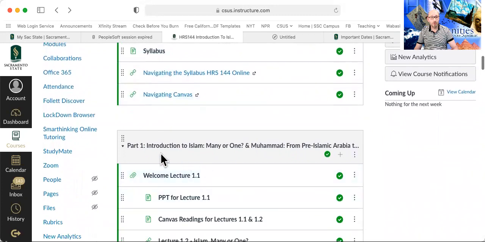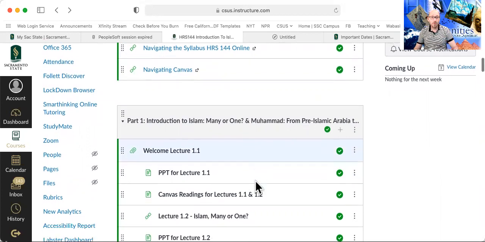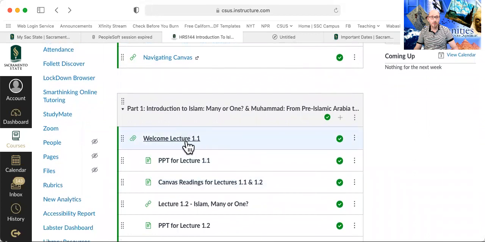Then we start the course. And the course is split up into 6 different parts. Each part is titled, which tries to give you a sense of what's coming up. As we move through the part, you'll have the lectures, the PowerPoints, and the readings. So let's just take a look. If we go into lecture 1.1,